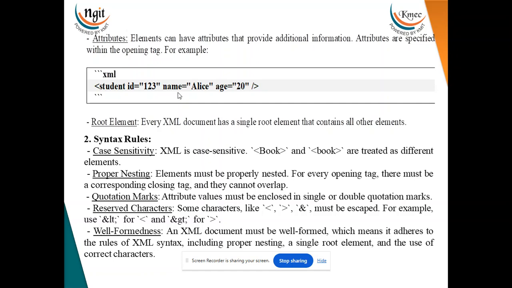And the root element: every XML document has a single root element that contains all other elements. Coming to the syntax rules, it is case sensitive. If you see Book with a capital B and book with all small letters, these two are treated as different elements. So it is case sensitive and